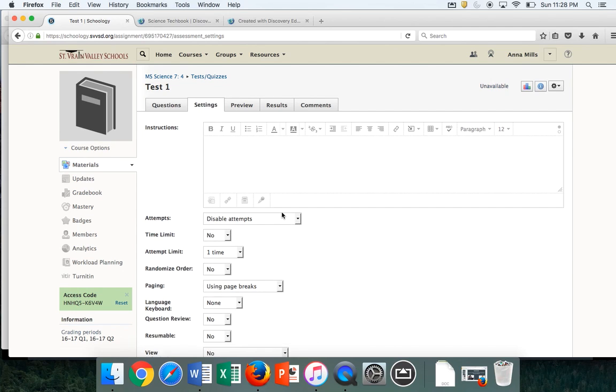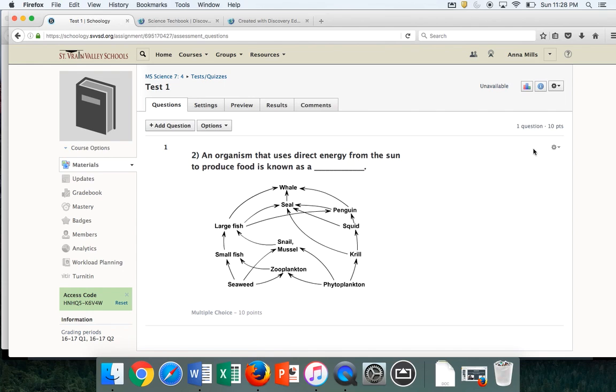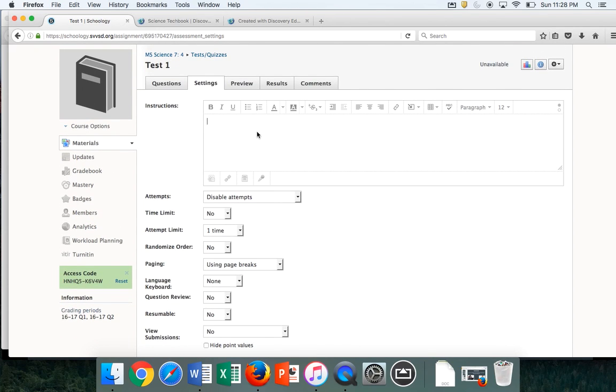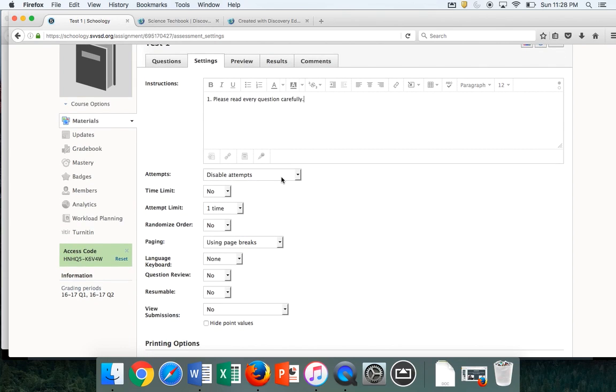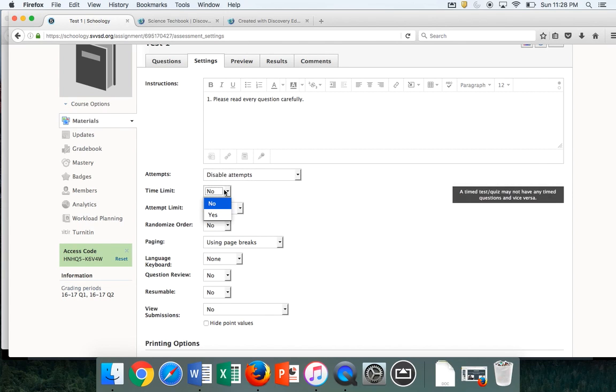Now, let's say in settings, we're completely done with this. Then you would go into settings, and I always put my instructions in here. So, 1, please read every question carefully, and so on. You can set the number of attempts they want. So maybe I allow attempts, and maybe I don't. Okay. Time limit,